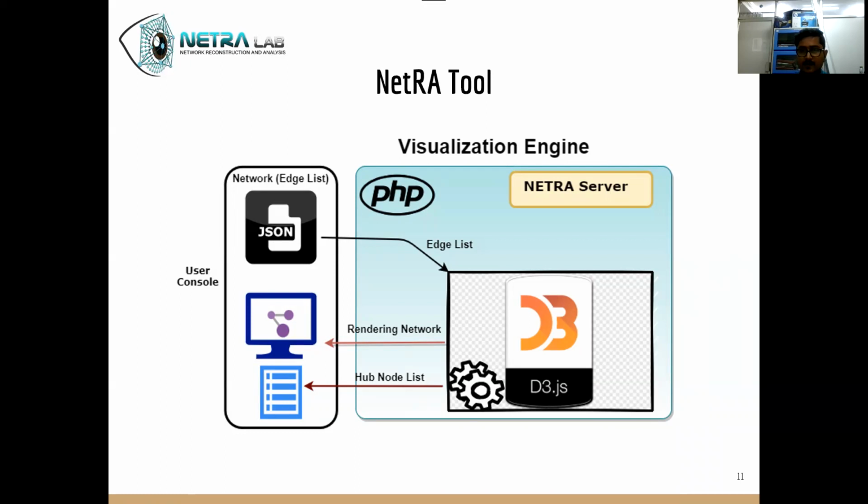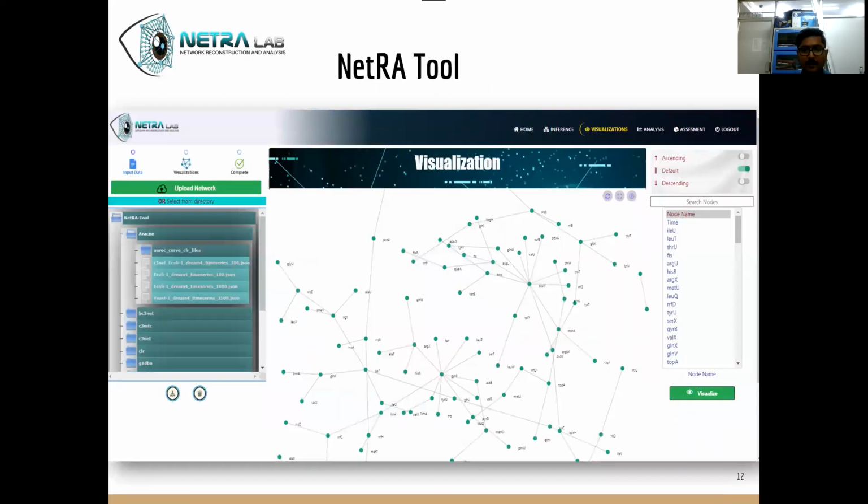The network generated is then rendered in the user console with its respective hub node list. So here is a picture of the visualization engine of our network reconstruction and analysis tool. The prototype of this tool is completed, and we hope to make it public after a few days.